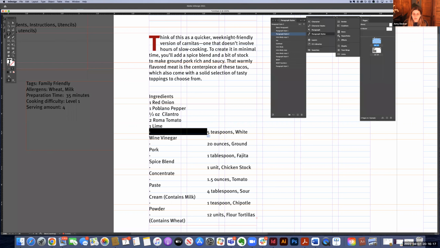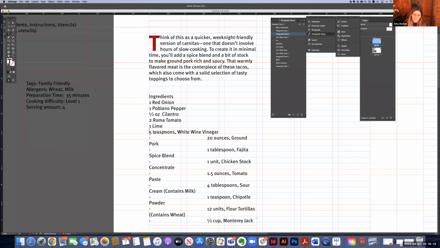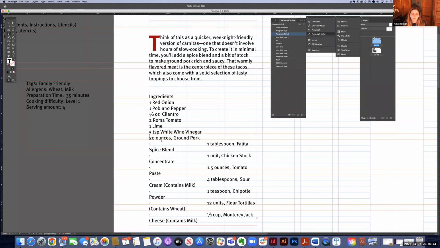You do want to keep all the measurements. So this next one I have here is teaspoons. The abbreviation for teaspoon is a lowercase t, S P. So TSP with a lowercase t is the abbreviation for teaspoon. You are welcome to use that to make a narrower column for yourself. And ounces can go into OZ. And then tablespoon